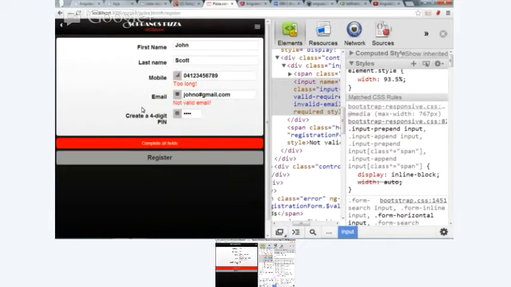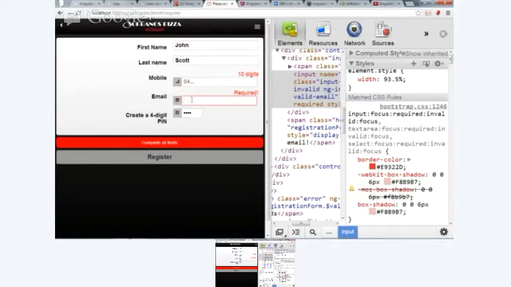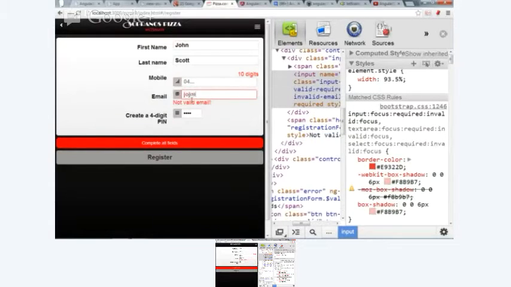just a couple of quick things that I really like about Angular. There's really good support for form validation. Here's a registration form for an app that I'm building at the moment.